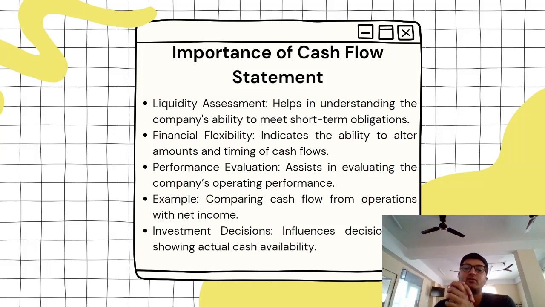So let's look at performance evaluation. It assists in evaluating the company's operating performance. For example, comparing cash flow from operations with net income. If you compare the cash flow from operations with the net income, and you arrive at CFO divided by net profit, that particular financial ratio will be very helpful in assessing, whatever net profit the company is earning at the end of the day, how much of that is cash. So if the company is having most of it as cash,